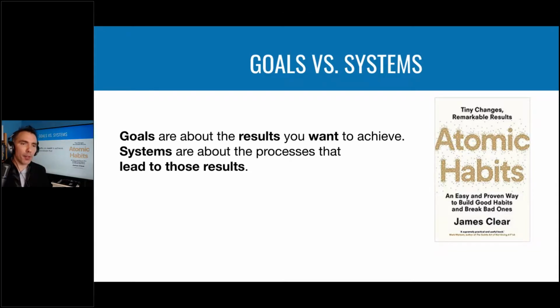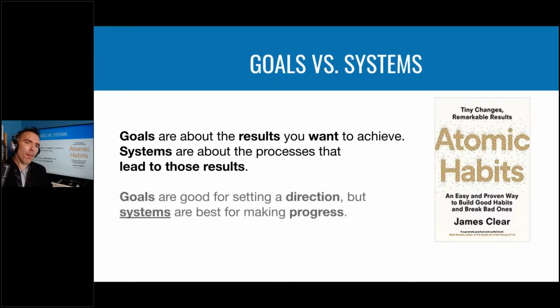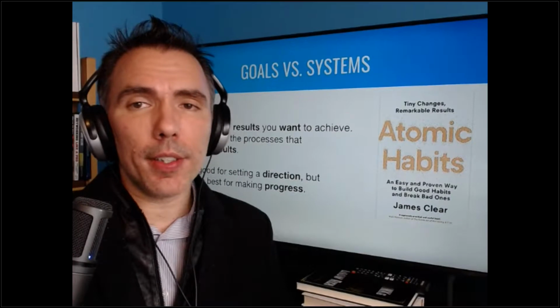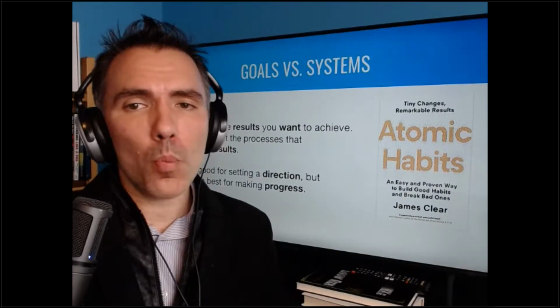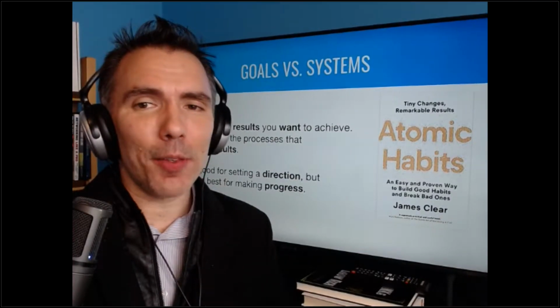Systems are about the processes that lead to those results. So in other words, goals are good for setting a direction, but systems are best for making progress. This is a great book. It's by James Clear. It's about habits,